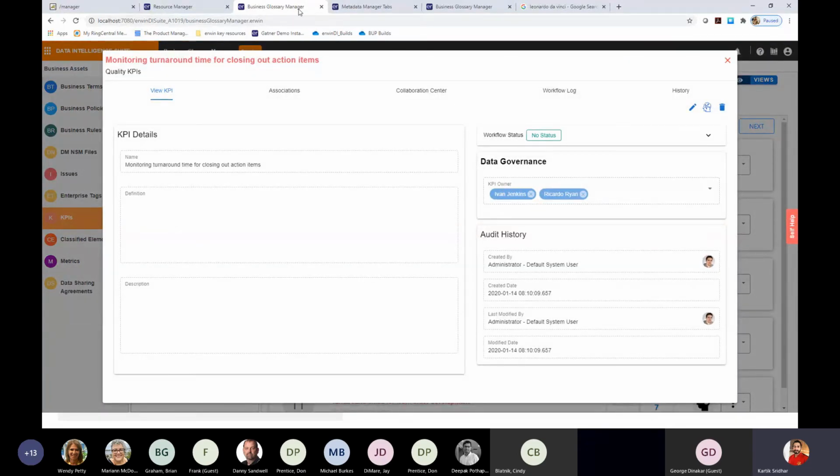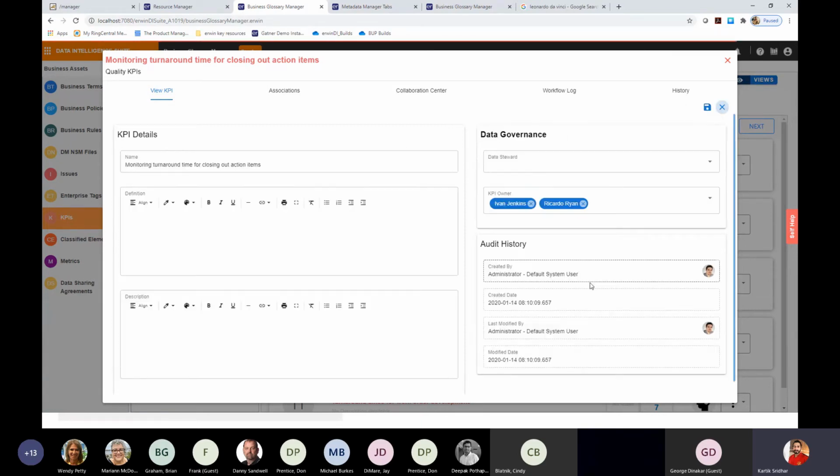So this framework, or this new feature, gives you the flexibility to scale on demand, and it also gives you the ability to define what your governance framework is, and tailor fit that to the DI product. So I can go here and say I want to add more KPI owners, and this is not just one-to-one. You also have the flexibility to assign multiple KPI owners for every asset. So I can click the edit button here and say that, okay, fine. In this case, it's only 2.